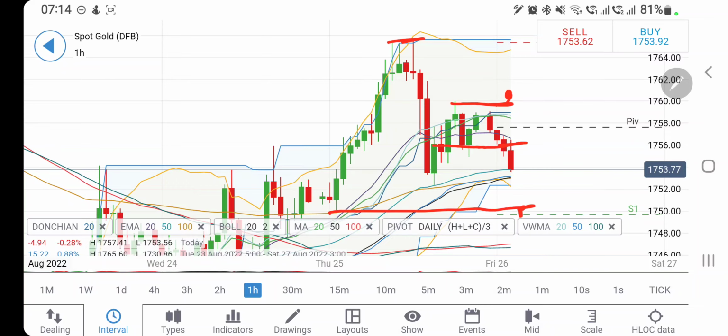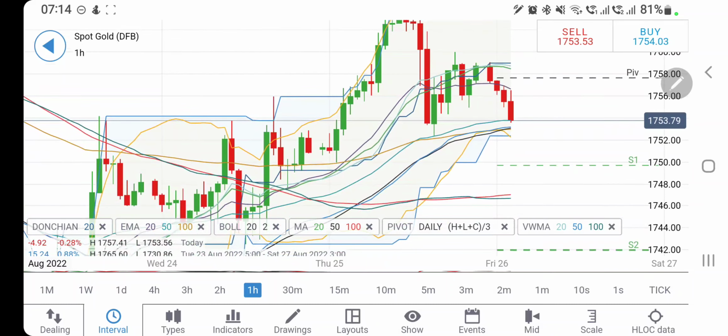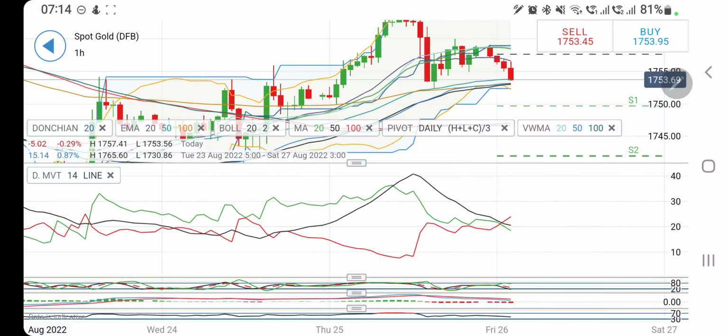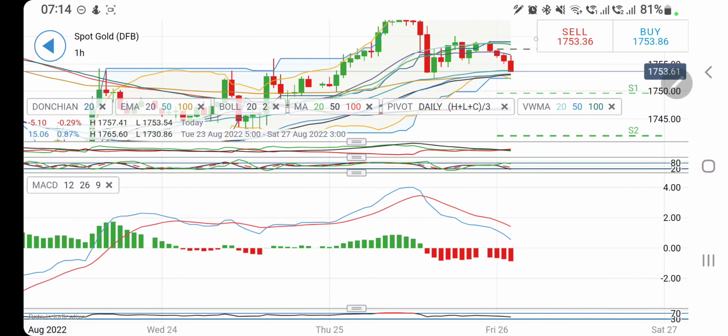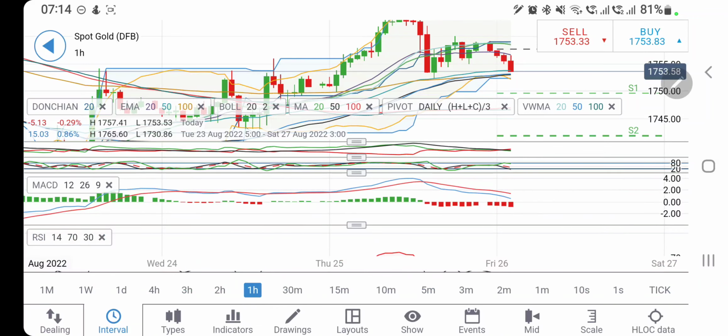Very strong support. Only if it breaks below 1750 will I recommend you go short. Below 1750 levels only, one can expect that it may try to act a little bearish. The directional movement is bearish. It has crossed over again. Stochastic is oversold. The MACD is bearish here, and the RSI is also looking downwards